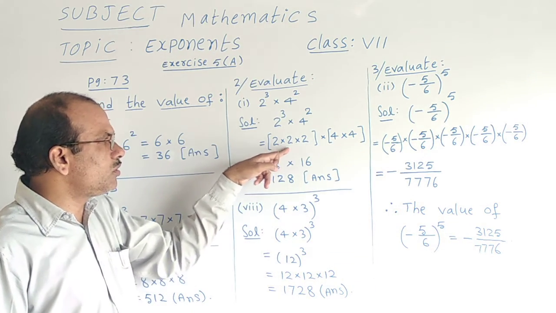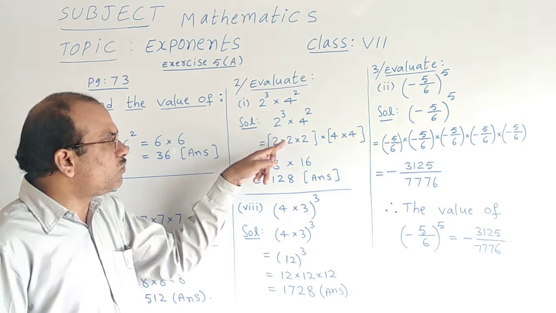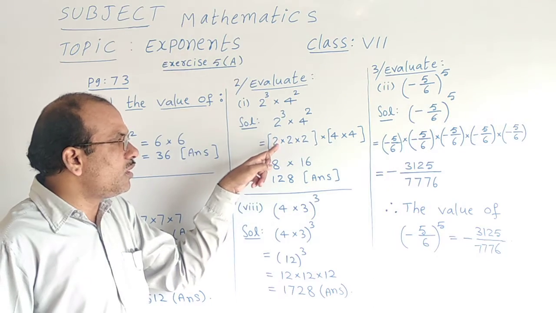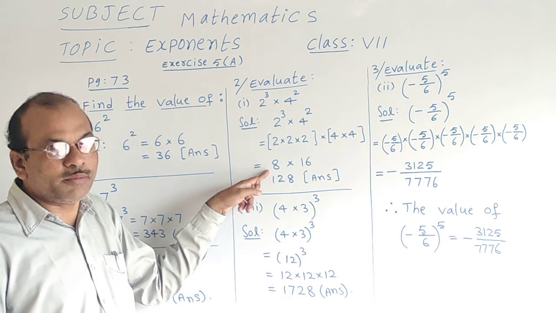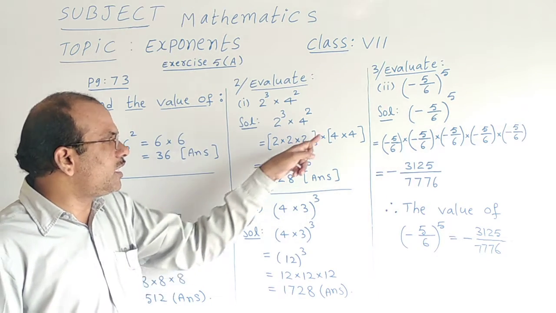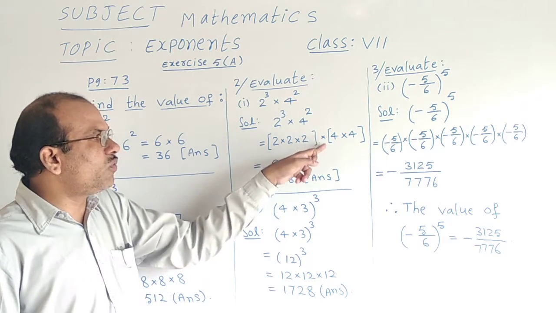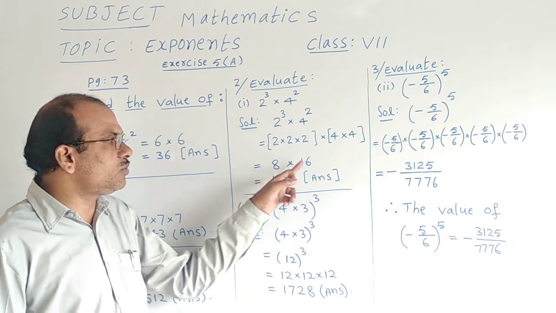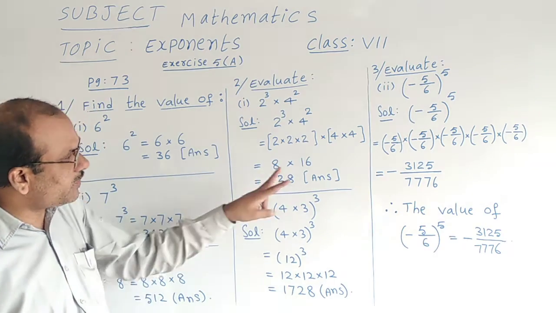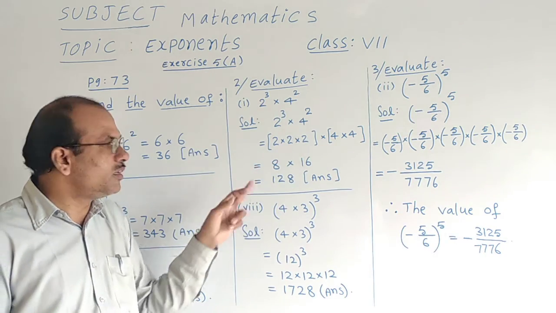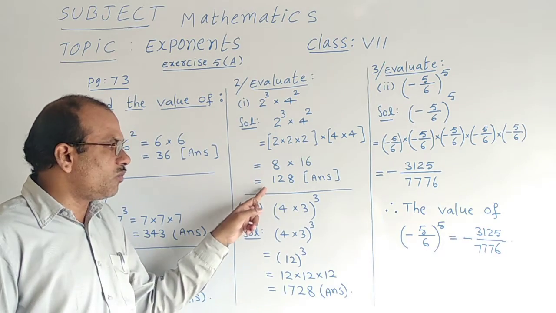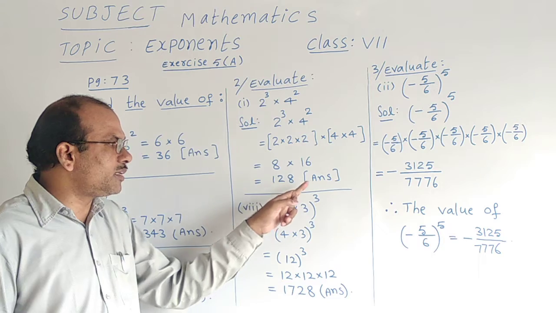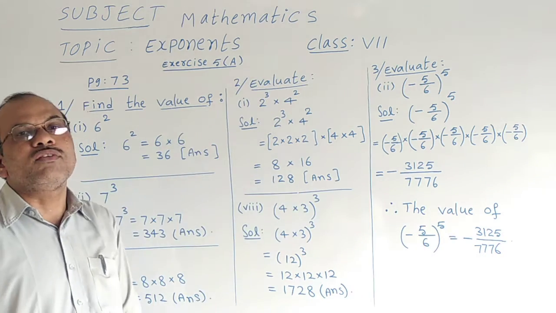Now we will come to the answer. 2 into 2. 2 2s are 4. 4 2s are 8. Am I correct? Okay. The into symbol is written here. 4 into 4. 4 4s are 16. Now we got 8 into 16. Otherwise, reverse also, the 16 table. 16 8s are 128. That becomes the answer for the first bit.